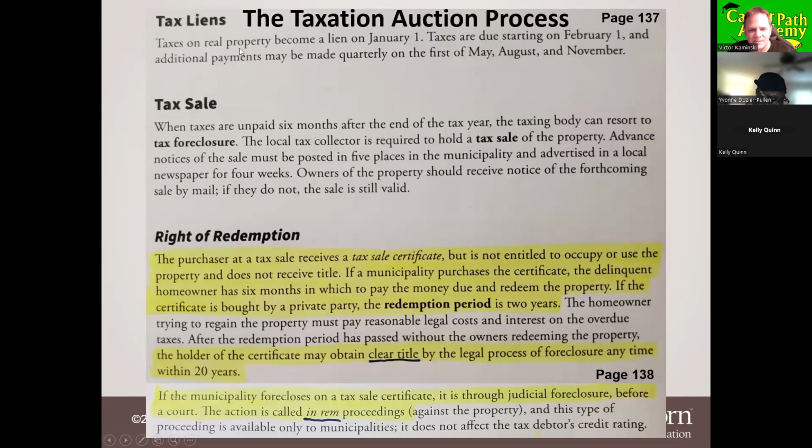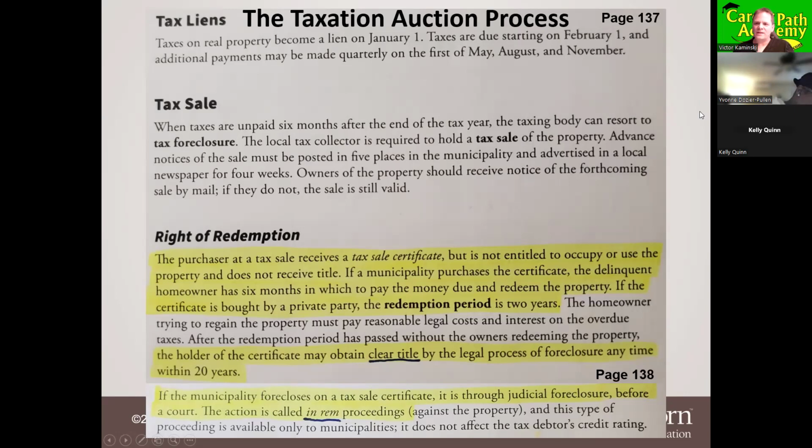So, tax liens. Taxes become a lien on your property as of January 1st when the taxes are due. However, you don't have to pay your taxes for the whole year at the beginning of the year. They bill you quarterly, 4 times a year, every 3 months. And if you don't pay your taxes at the end of the year, you start incurring late fees and penalties. 6 months after the end of the year, the tax man's required to schedule a tax auction. We call that a tax sale. Now, the winner at these auctions doesn't get your property. They just get a certificate that says you owe them money because they paid your taxes.